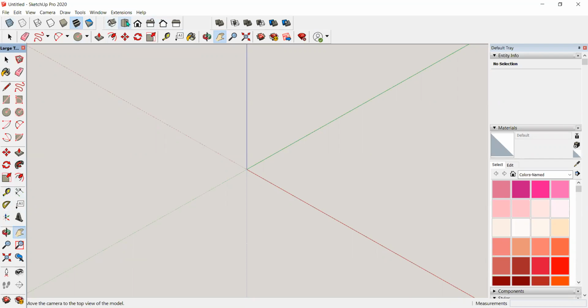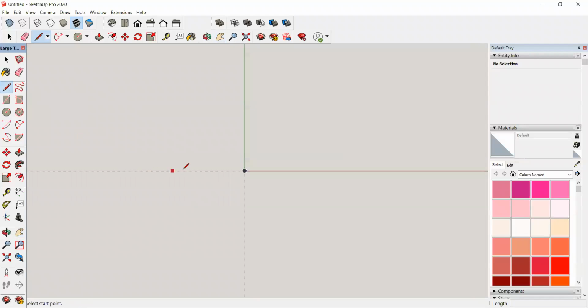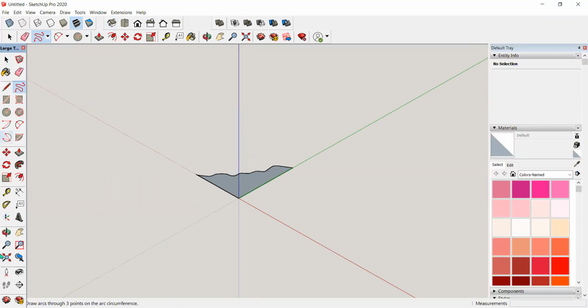So let's go to the top view. Then I select the pencil tool to draw some lines. Then I can use the freehand tool to create some curvy shapes. That's done. Then go back to my isometric view and then choose a circle,